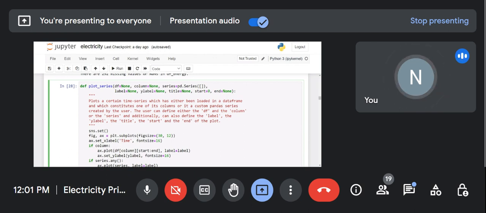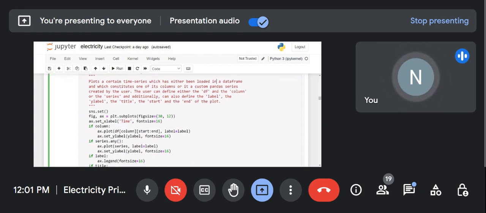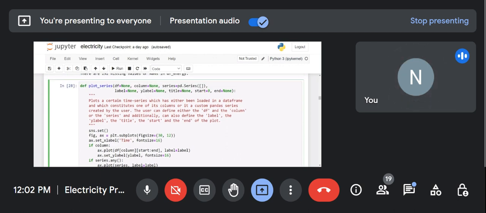and when I call the function I will pick up the values from there and give them, that is my job. OK, so if I need to plot a certain time series which has either been loaded in a data frame, so that has been loaded in my data frame, in one of its columns, or it's a pandas series or whatsoever, whatever we have done, here we are